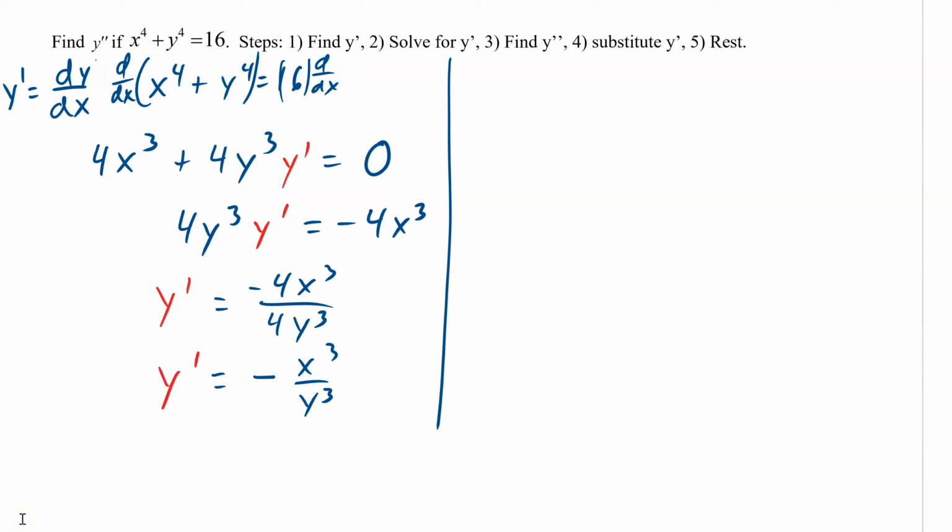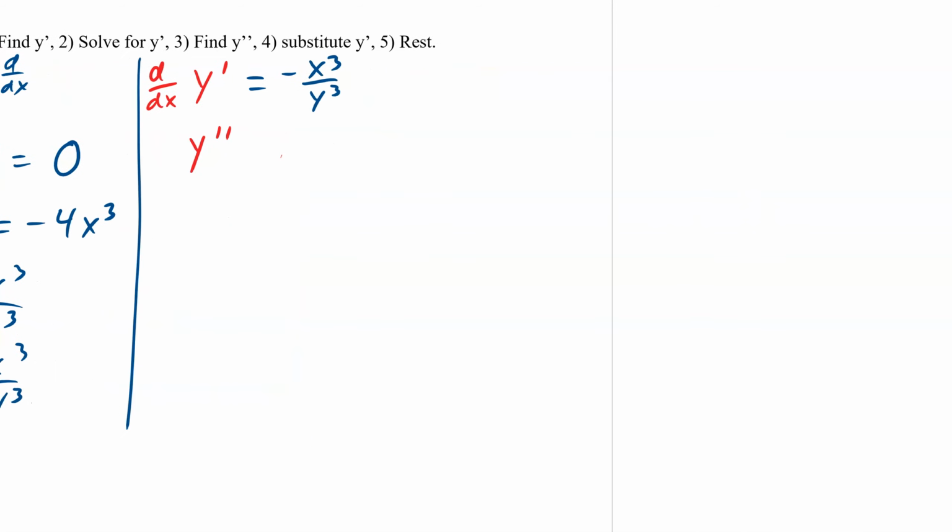Now we can find our second derivative. So if you take y prime and you take the derivative of it, you get your second derivative, which is y double prime. So we end up with negative x cubed over y cubed for our first derivative. So taking the derivative with respect to x of our y prime would give us our second derivative. So again, we're doing the derivative with respect to x. So we have negative x cubed as our numerator, y cubed is our denominator. So we know this will become y to the sixth because we have to square the denominator.